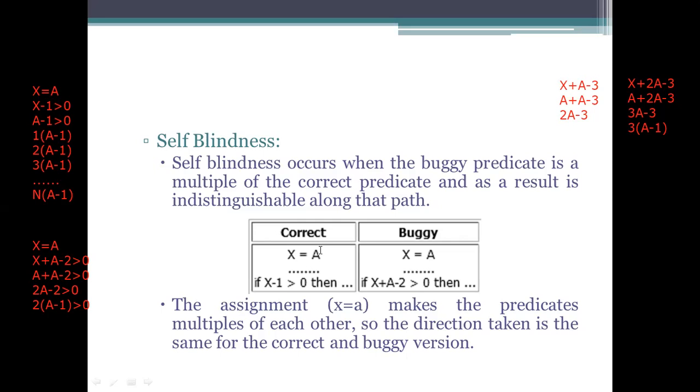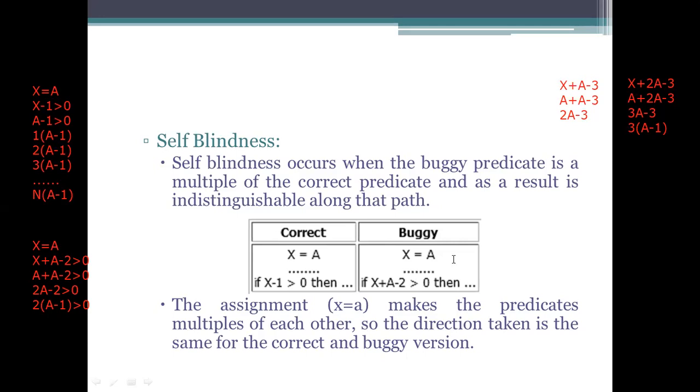If you have been trying to use this conditional statement with that expression, it allows you to take not only the x plus x minus 1 here. What it is also doing is specifying 1 into x minus 1, 2 into x minus 1, 3 into x minus 1, and so on, n into x minus 1. Indeed, what is it representing? It is representing x minus 1 as a minus 1. So that is self-blindness.